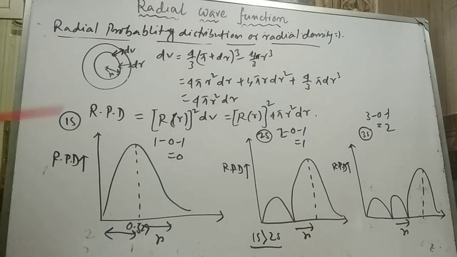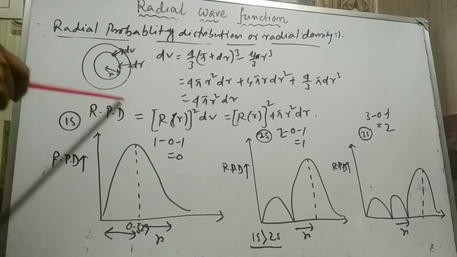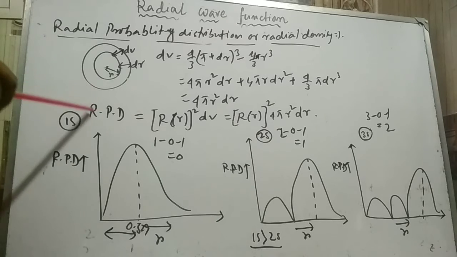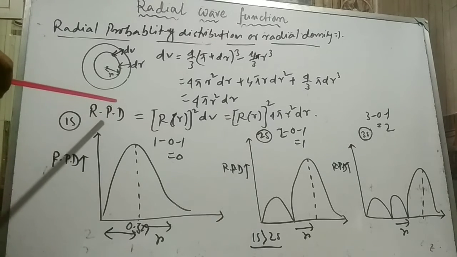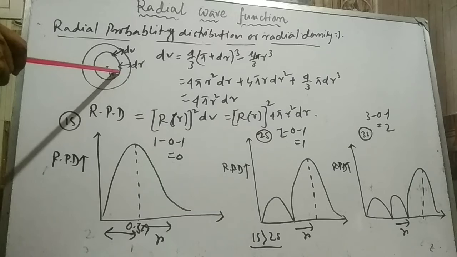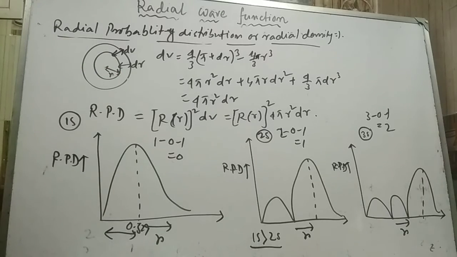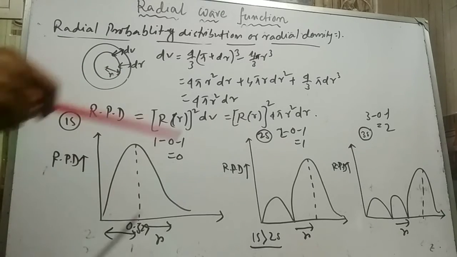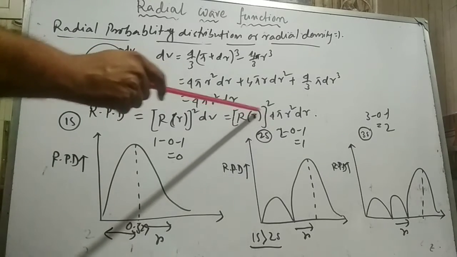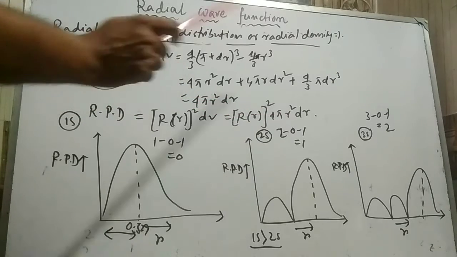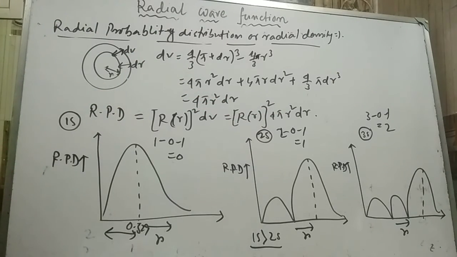It is the total probability of finding the electron in a spherical shell at a distance r from the nucleus. Here the function 4π r² dr